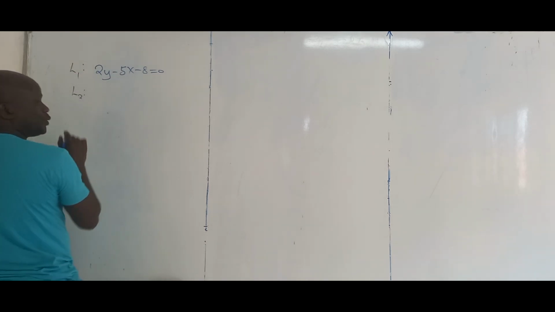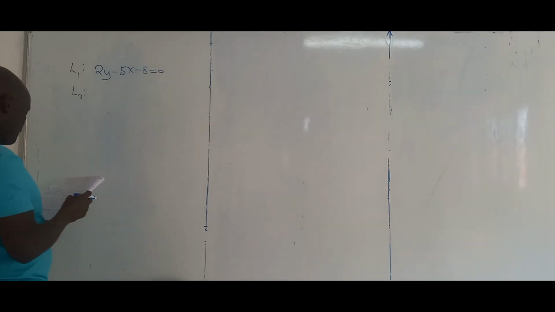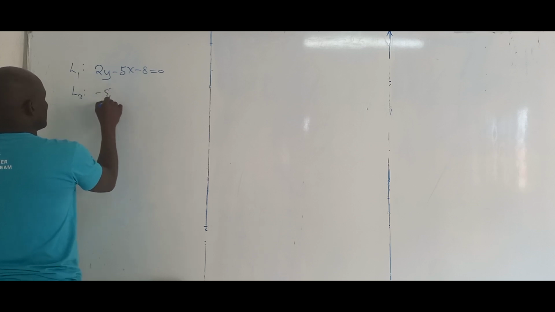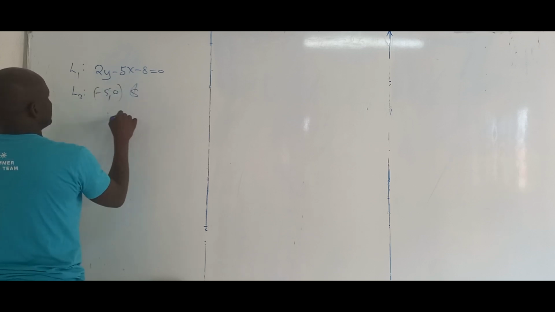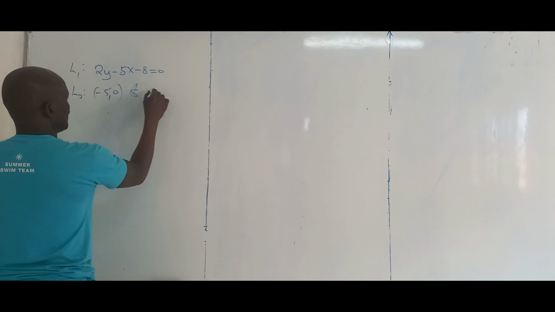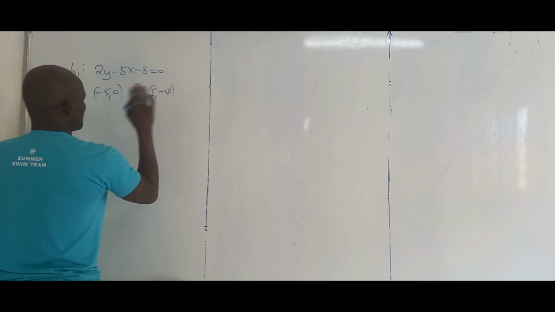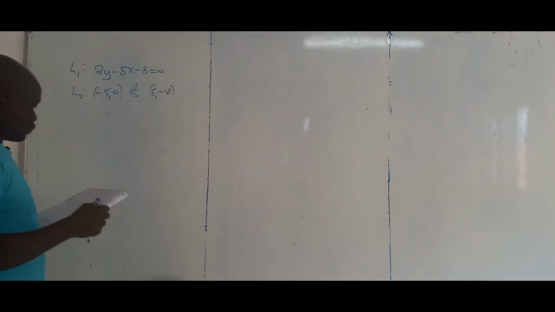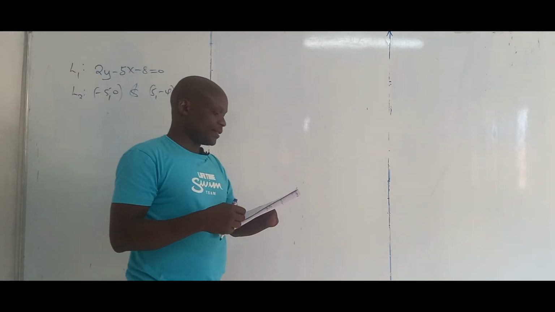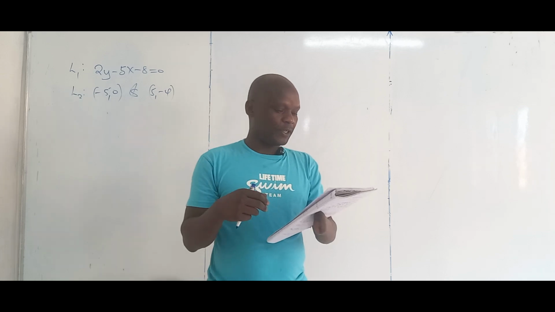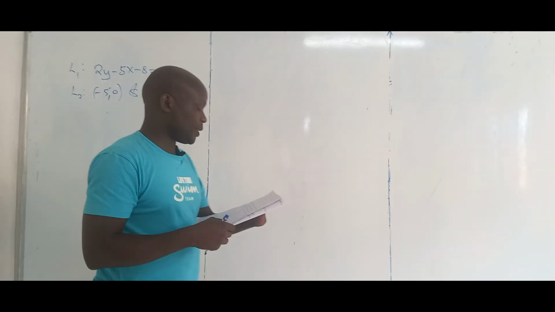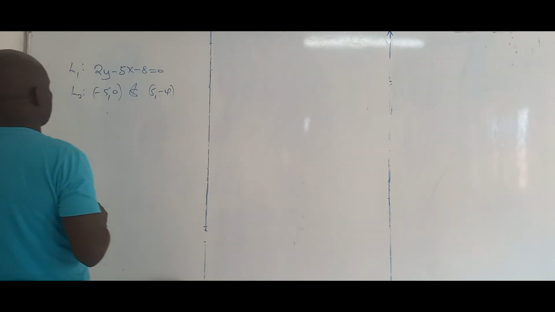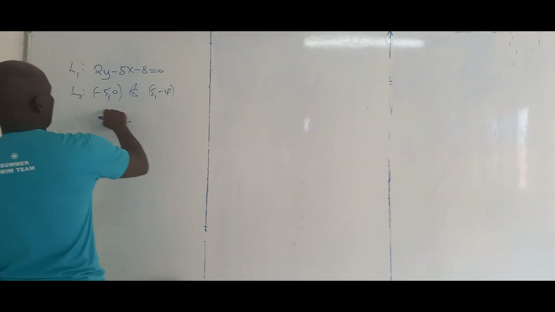Then line 2, we are given that it passes through the points minus 5, 0 and 5, minus 4. So those are the 2 points through which line 2 passes. Then you are told, without drawing the lines L1 and L2, show that the two lines are perpendicular to each other, 3 marks. So to show that they are perpendicular, we'll need to find the gradient of